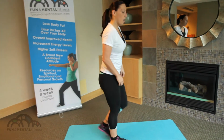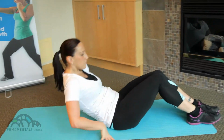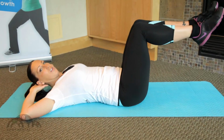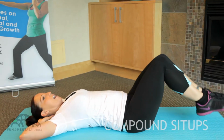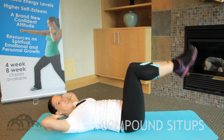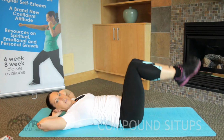Compound sit-ups is a combination between your upper half and your lower half coming together. So back in our sit-up position, core is engaged, hands behind the head, feet are up, and you're going to bring your knees and your elbows together and back down. Make sure you're breathing out as you come up and in as you go down. We have 1 minute of compound sit-ups,